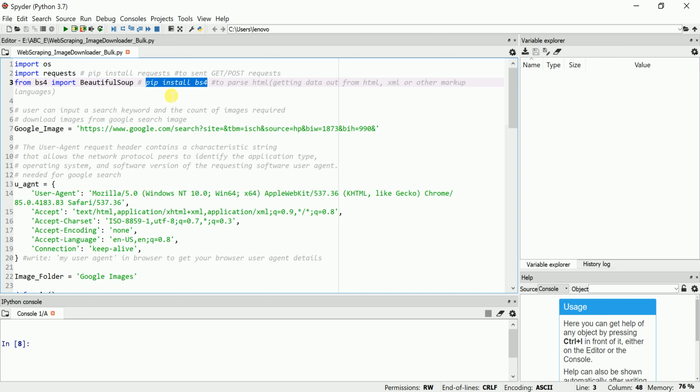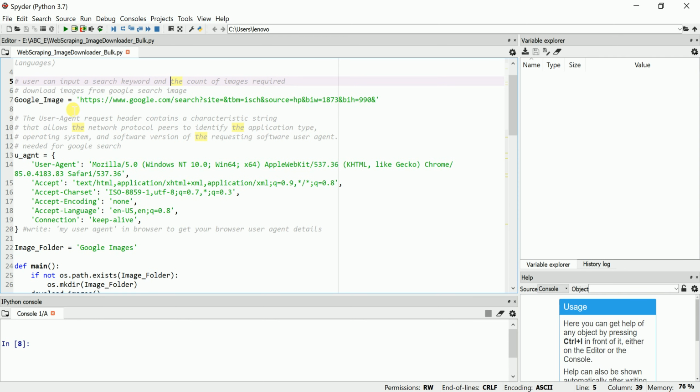Basically, Beautiful Soup helps you to extract the required data from any HTML or XML or other markup languages. To do web scraping from the Google image site, we require the Google image link.